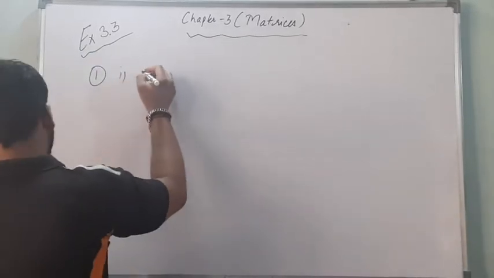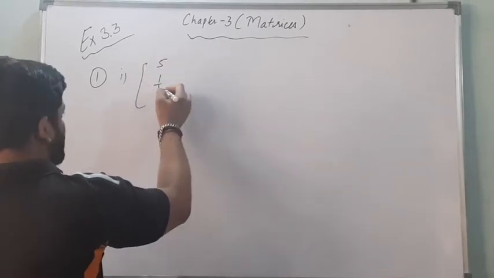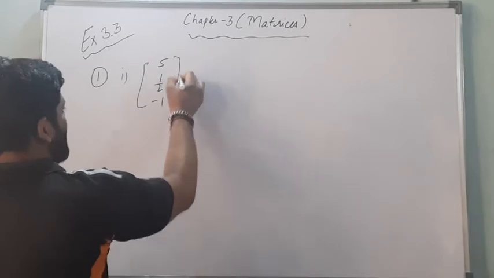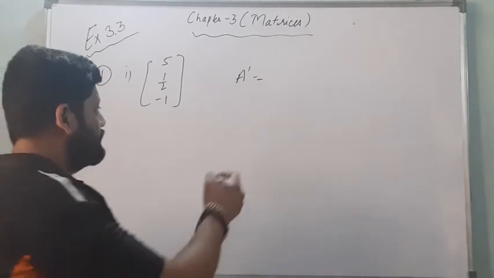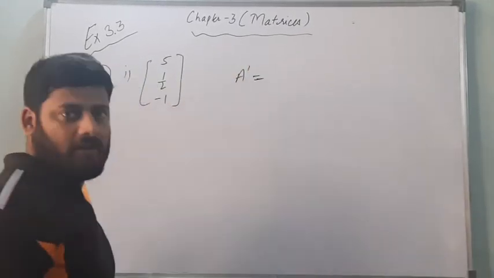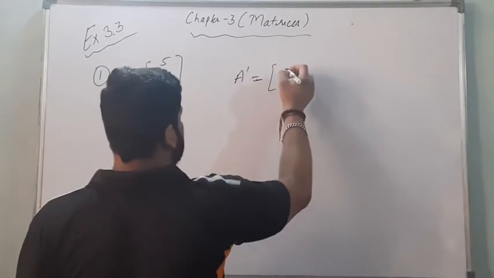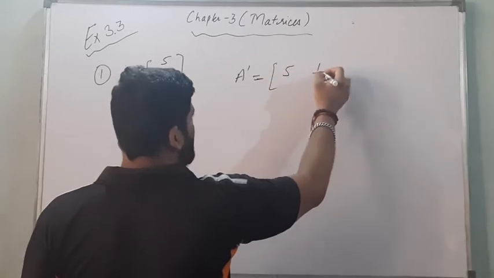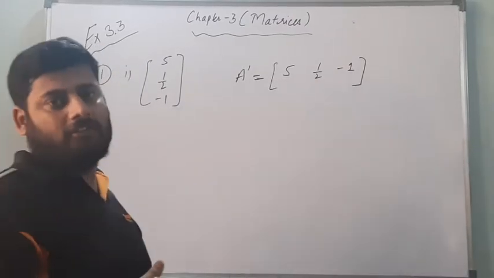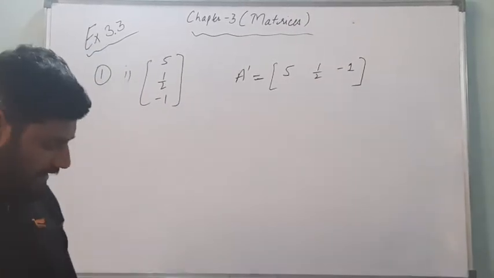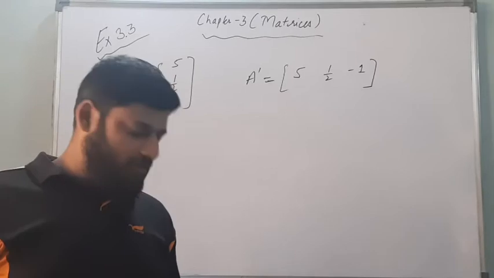So the first part I am doing for you, and the rest of the parts you have to do by yourselves. The matrix is given: 5, 1/2, -1. We generally describe the transpose this way. यहाँ पे AT भी लिख सकते हैं हम. We can write AT also. So transpose is the column converted into row. So the transpose will convert to 1, 1/2, and it will become -1. So yeah, this is simple. This is the transpose of this matrix A. Okay, is that clear? The second and third parts you can do by yourself in the same manner. And now we'll move to the next question.